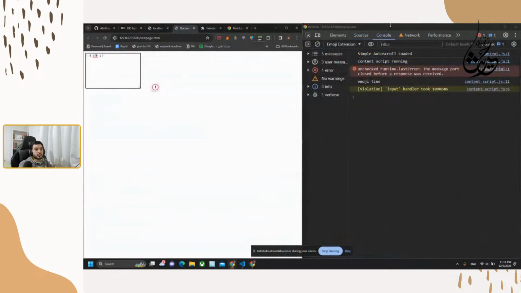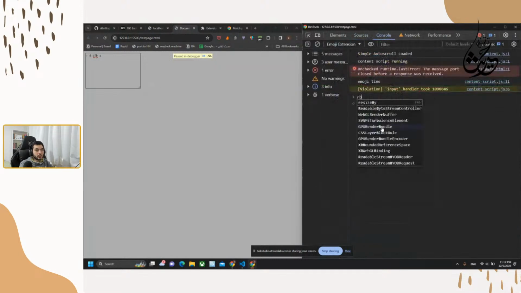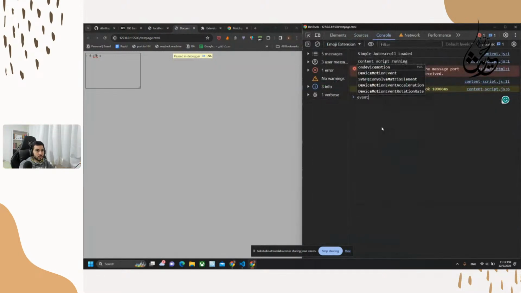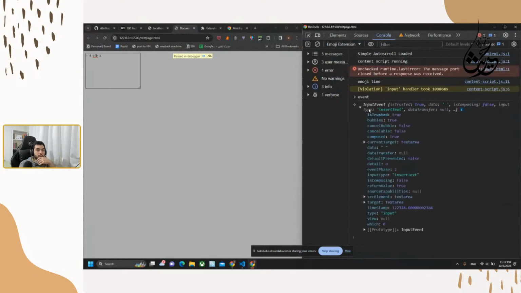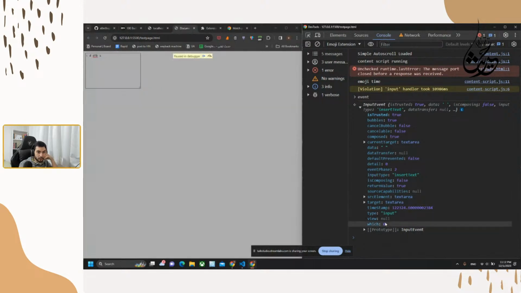What I would like to see before moving to the code base again is to check this event and see if it has any current target. So I was thinking that maybe we have something related to the cursor location inside that, but we don't have,